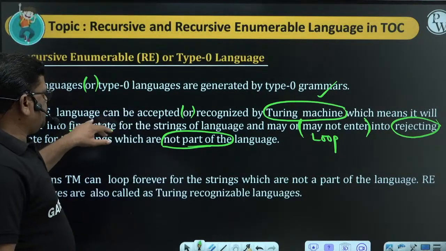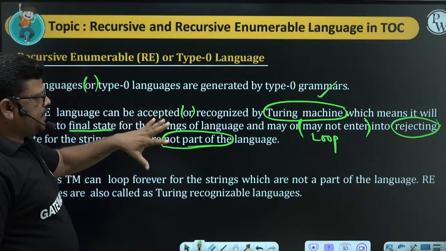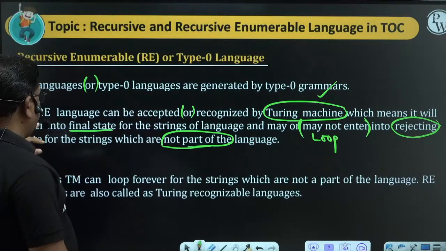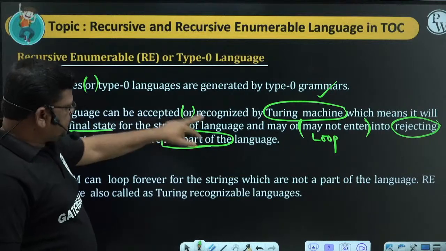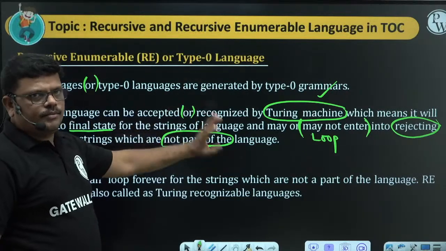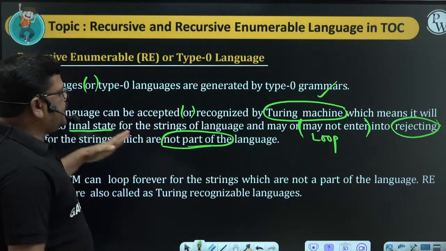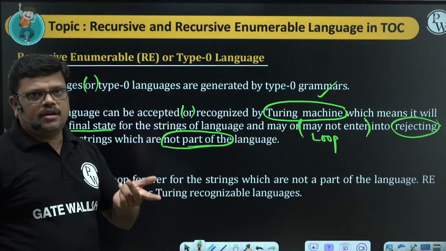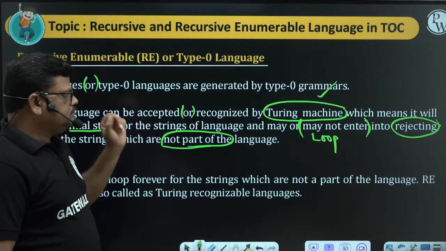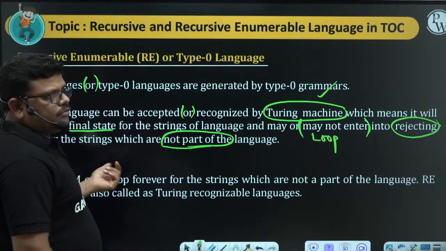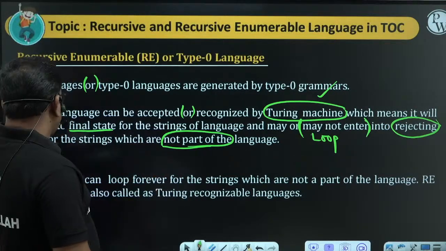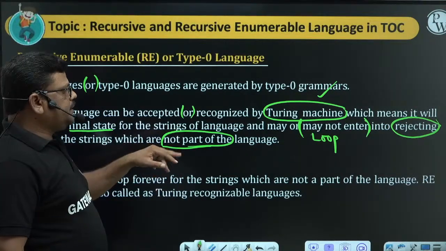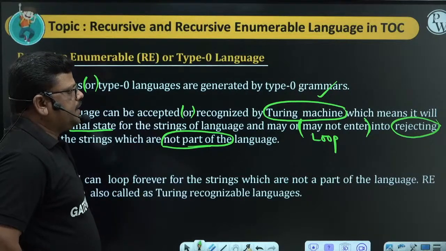So a recursive enumerable language can be accepted or recognized by a Turing machine, which means it will definitely enter into the final state for the strings belonging to the language. For strings not belonging to the language, it may enter into the non-final, rejecting state, or may not, that is, enter into a loop.